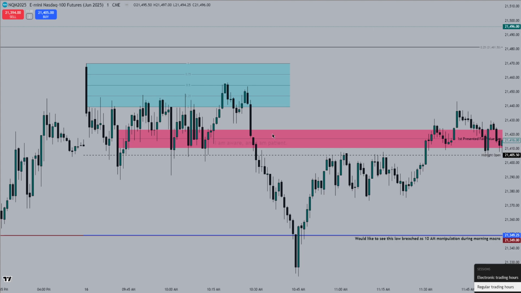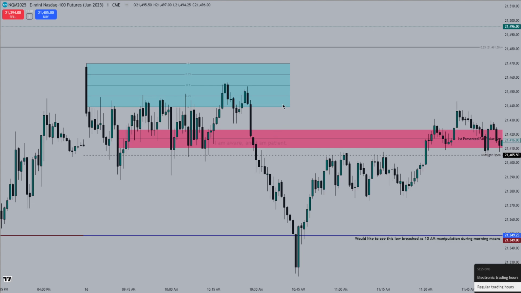And something that I've been noticing recently is that the first presentation for value gap has been very sloppy. And it might just be due to inefficient price action because I've seen it work more often than not. I'm not really expecting it to be 100% win rate. I'm not expecting it to be the holy grail or to hold every single day. But it's something nice to take note of to have market intent currently with how it's treating the first presentation for value gap, and it helps with deciding whether or not the opening range gap is going to be filled as a draw or filled as a manipulation.